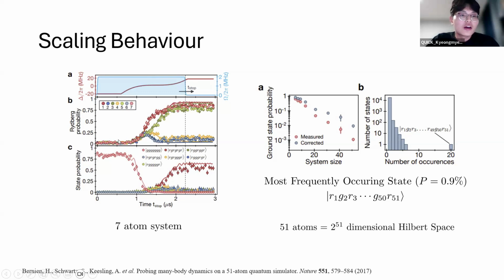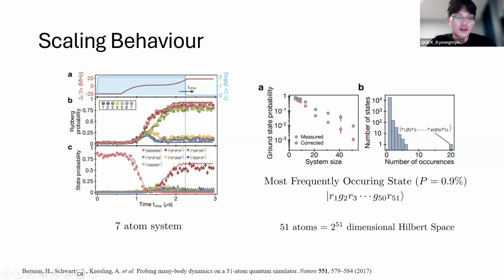So here, we're looking at the Rydberg probability of individual atoms. The reddish and greenish graphs in the middle represent atoms that are excited to the Rydberg state. And if you look at the index here, it corresponds to 1, 3, 5, and 7, which just represents the Z2 ordered state. And at the bottom graph, it shows that as you change the stop time, you have all the atoms in the ground state first.